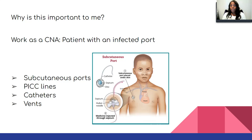So it also made me very cautious about hospital infections from that point on. And when I joined the military and became a medic, it just was natural to me to always keep my eyes open for signs of infection. And this is why this paper is so important to me, and all sorts of issues with infection and safety. So this type of infected port can also happen in subcutaneous ports, PICC lines, catheters,